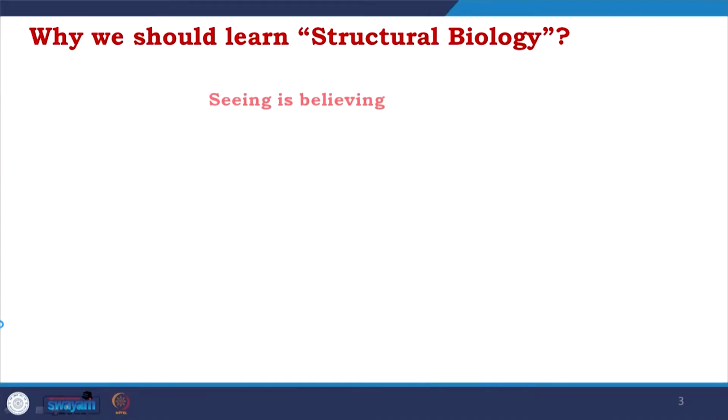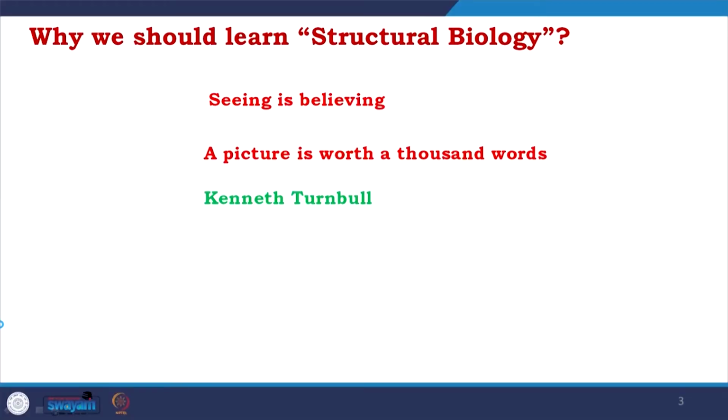Obviously, the starting question everyone has in their mind is why we should learn structural biology. And the one line answer definitely is seeing is believing. Through structural biology, we could see the molecules, and as Kenneth Turnbull said, a picture is worth 1,000 words. So, we want to make